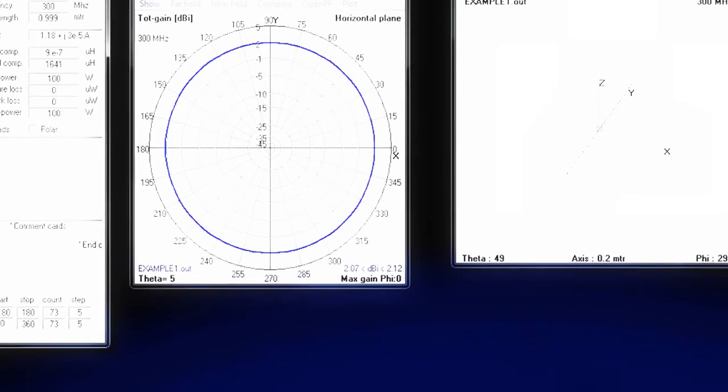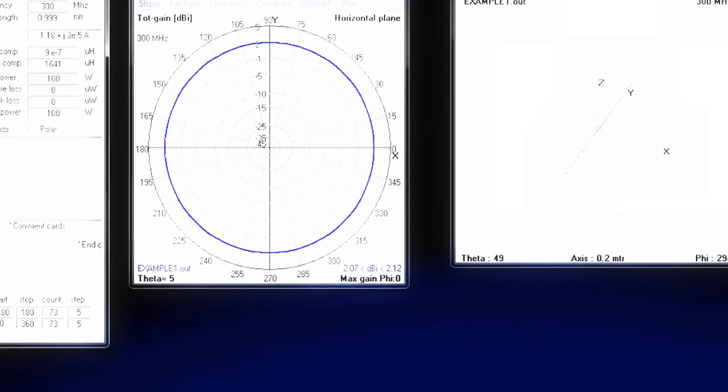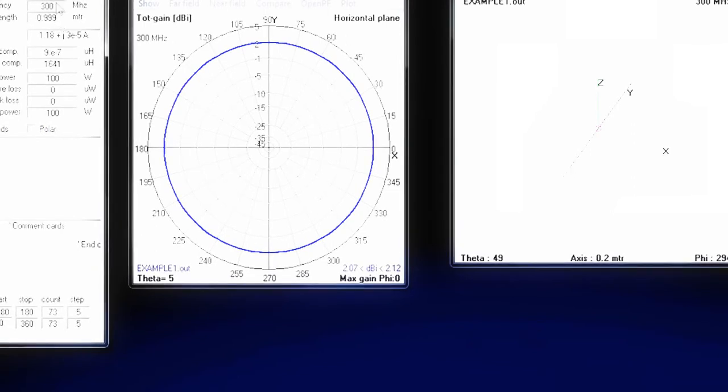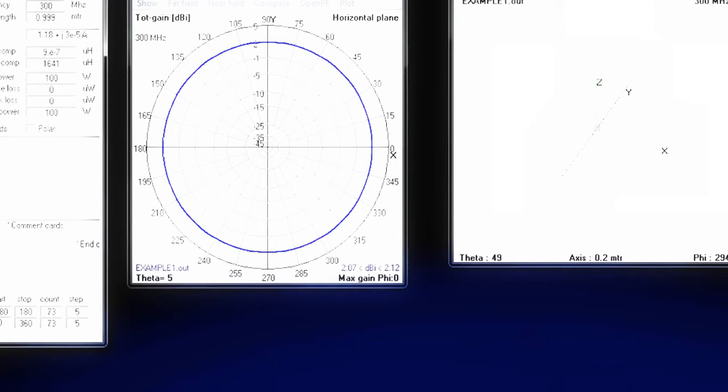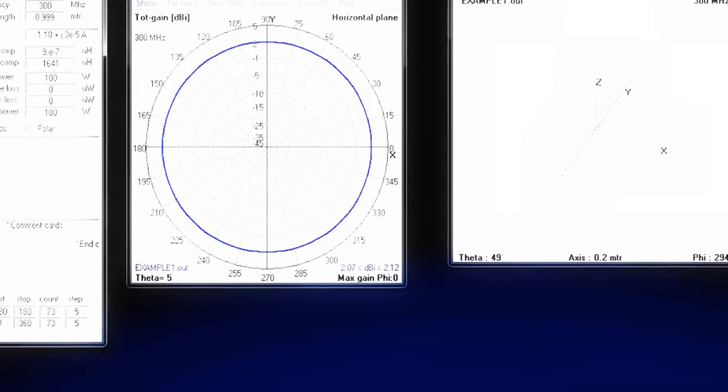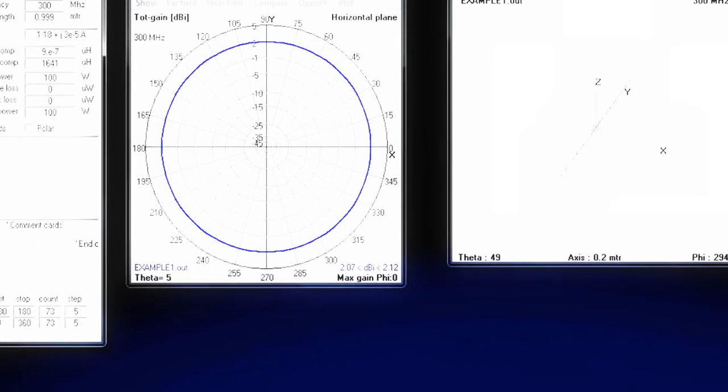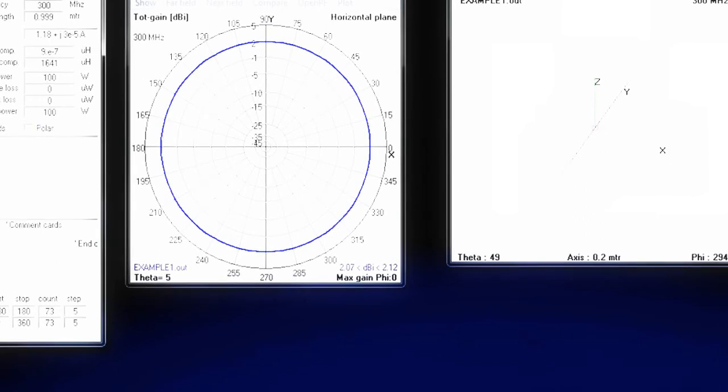Oh, something I almost forgot, and that's very important. We'll have a look and see what all these things are. Okay, the file name, that's the name of the output file. The frequency, of course, very important. The wavelength, that obviously bears a relationship to the frequency. That's automatically calculated. The voltage at the feed point, the impedance at the feed point, the parallel form of the impedance. If you know that, you can have a series or a parallel form of the impedance, it gives you both. The SWR relative to 50 ohms, the efficiency of the antenna, the radiation efficiency, in other words how well it actually radiates, not just how well the currents actually zip along the antenna,